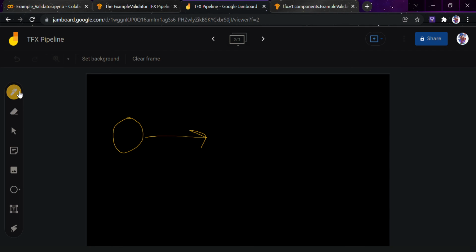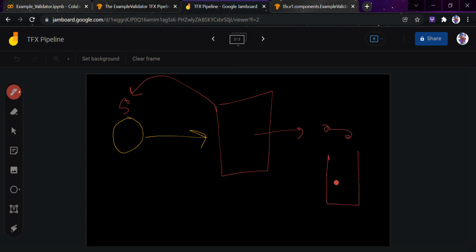So when this data comes here to the example validator, after all the things have happened to its schema, statistics and examples, the example validator will look at the outputs that were generated by schema and tell you that this particular data has the following defects: this whole column was doing this and suddenly 0.1 came. Don't you think this is a bit anomalous and not usual? The same thing happens with everything: variable length, sizes, everything.